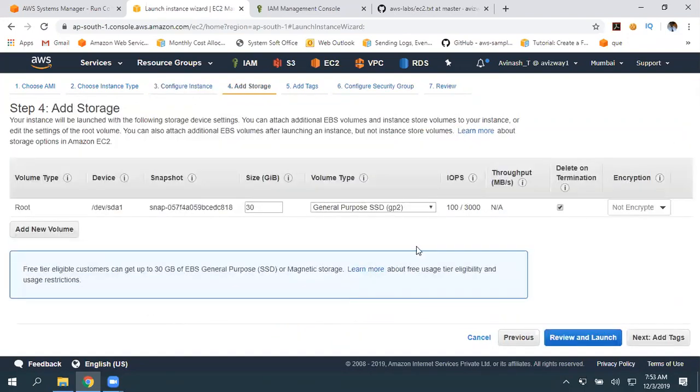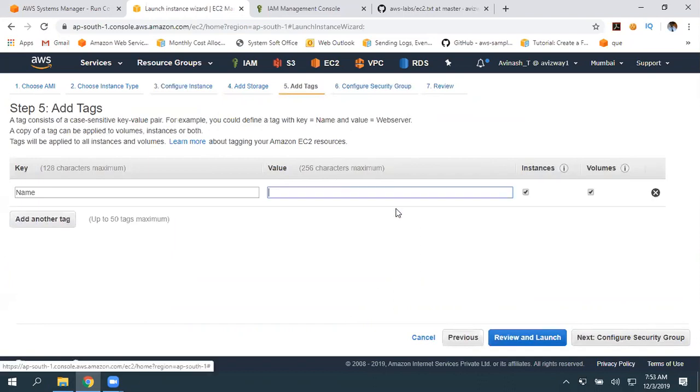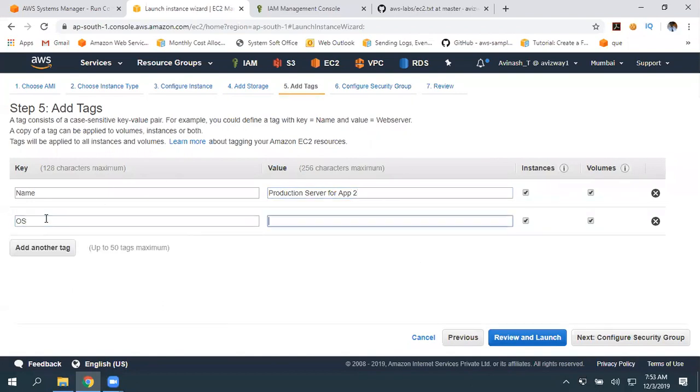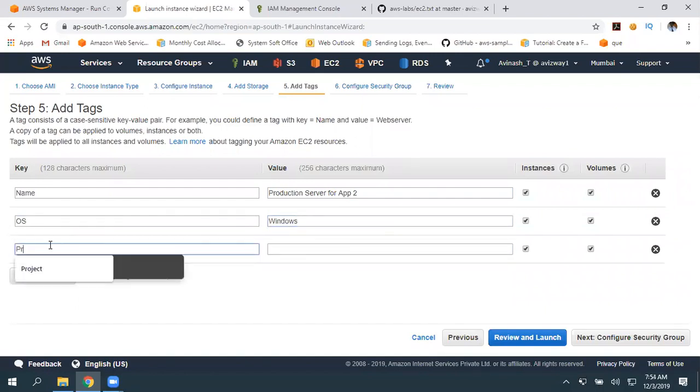Then click on next, storage 30 gigs, tags. So for this one, you can call it production server for application 2, or you can give any name. And what is the OS? So the OS is the Windows operating system. Then for what project are you using this?